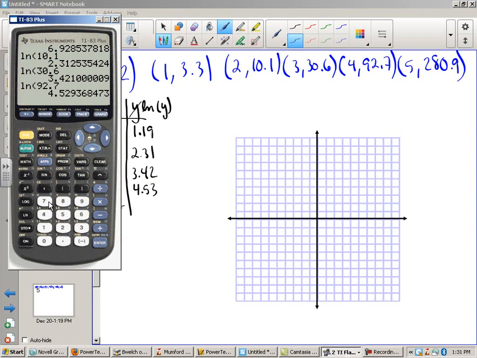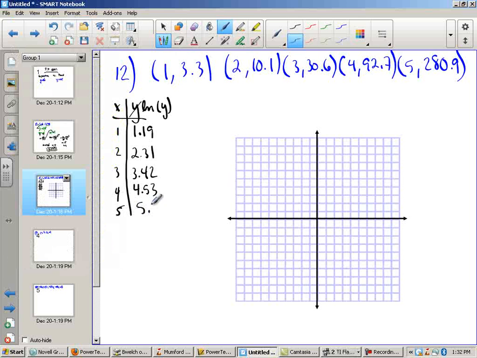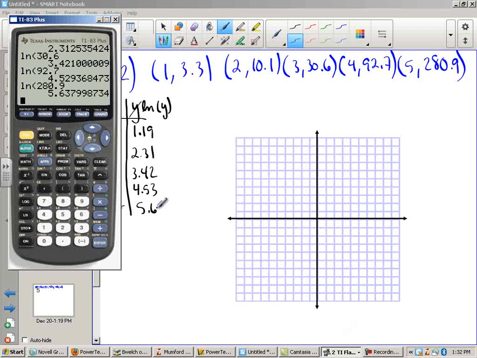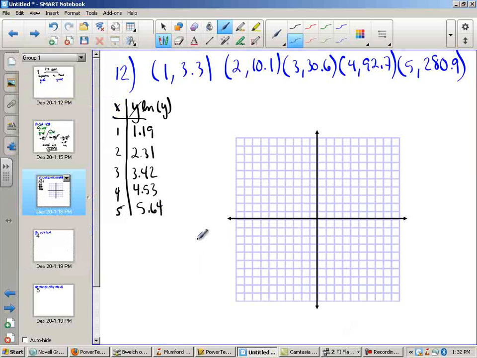And last but not least for this problem, the ln of 280.9 is 5.64. Initially, this may not seem like it makes a lot of sense, but what we're actually able to do